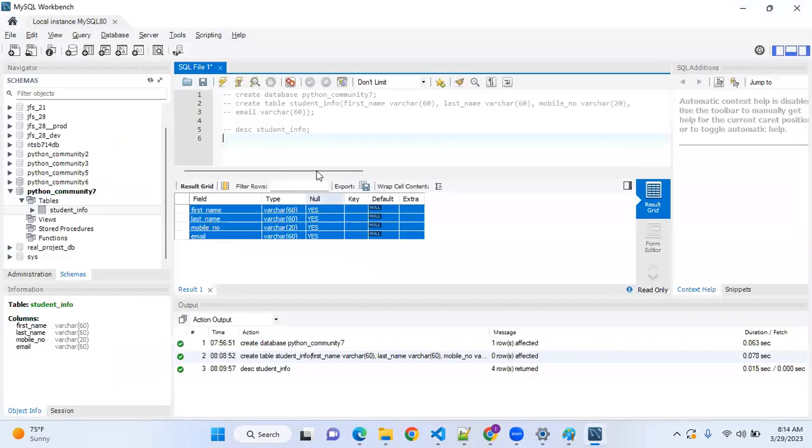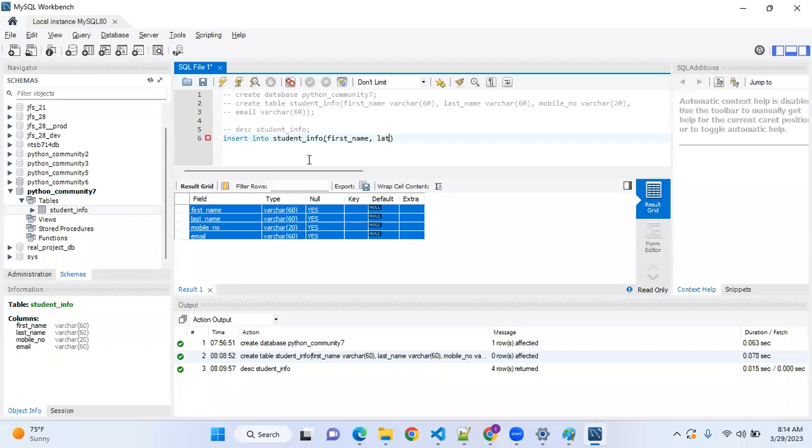Now I want to go and insert some data into student info. Insert into student info, column names: first name, comma. Now we don't need data types, guys. Whenever we are creating a table, only then do we need data types and sizes. Whenever we are inserting data, we don't need them, right? We just need to mention in which columns we need to insert the data. That's it.